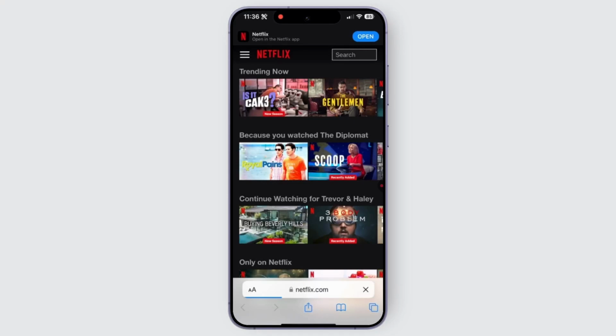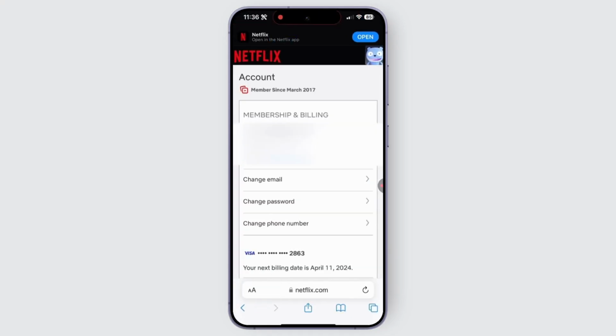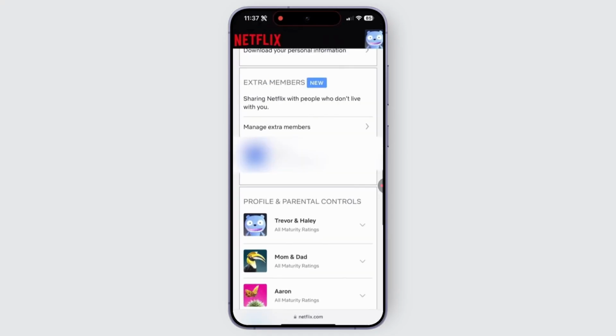So for that, what you can do is open up netflix.com on your device. After you open it up, you can look for the menu in the top left corner, the three horizontal lines. And from the given menu, select the option called account. Under your profile, tap on it. And you may just scroll down through the given options and look for the section of profile and parental